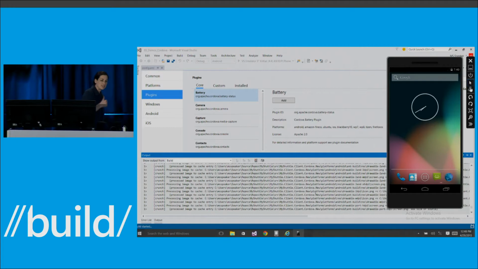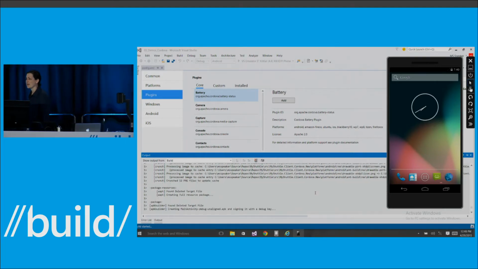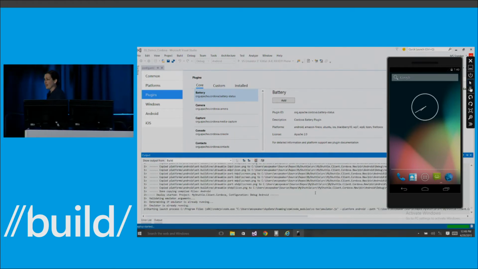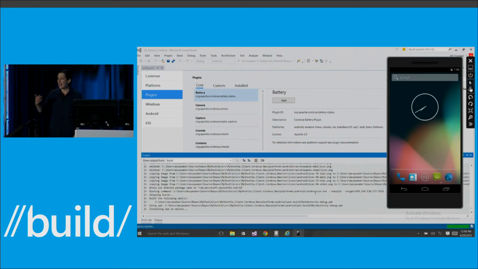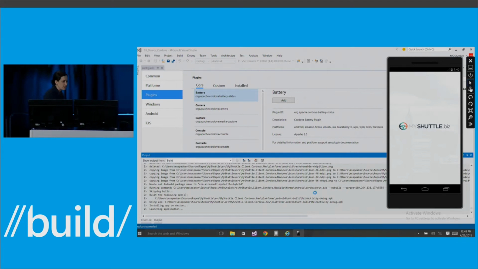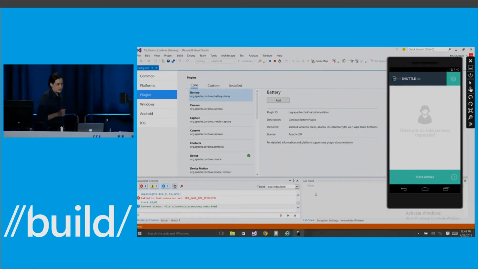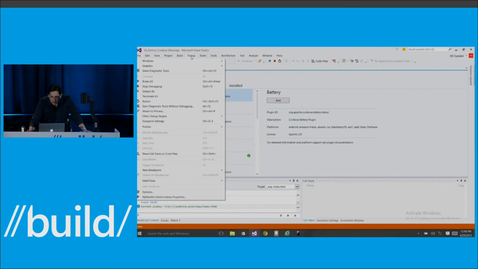The setup experience is really, really simple for your dev box. Number two, the debugging and editing experience that you guys are used to having in Visual Studio for your code or against Windows applications actually also works against iOS and Android. Doesn't matter which platform you're using.